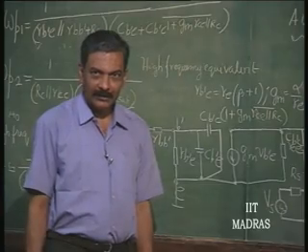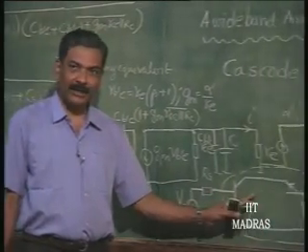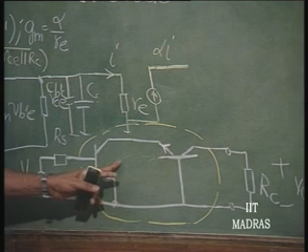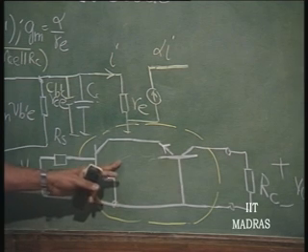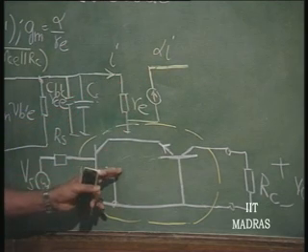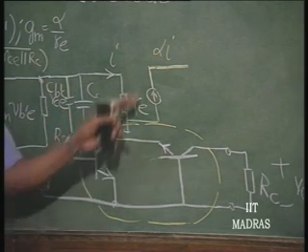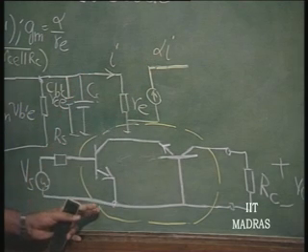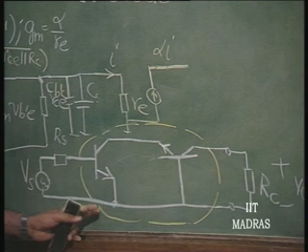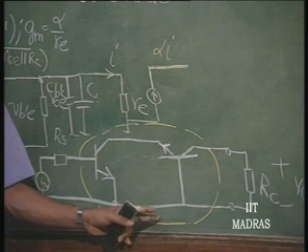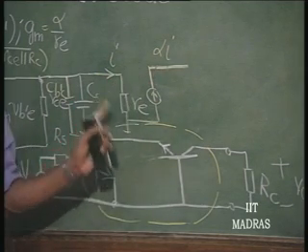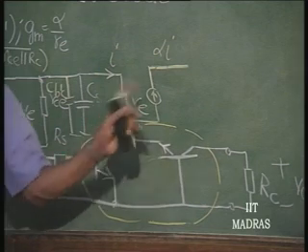Okay. So, if the common emitter has a current gain beta and its cutoff frequency, let us say, is 100 megahertz, then if the beta of the transistor is 200, the common base cutoff will be 200 times 100 megahertz. Since we are going to use the common base only in the range of 100 megahertz, there is no point in replacing this by its common emitter equivalent circuit and then finding out what the common base equivalent is. You can as well replace it by the common base equivalent, which can be the low frequency equivalent.